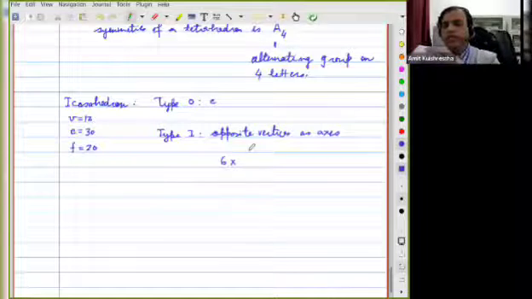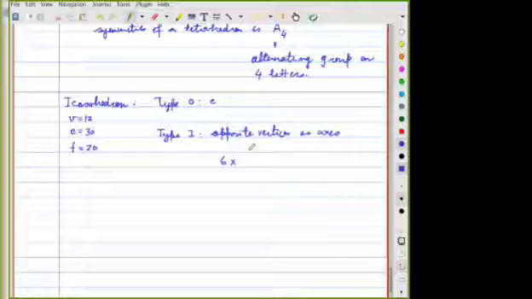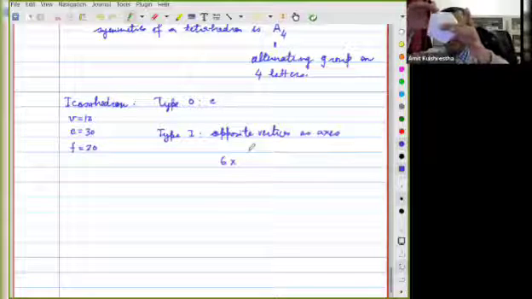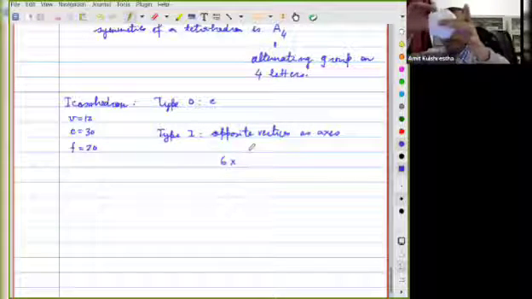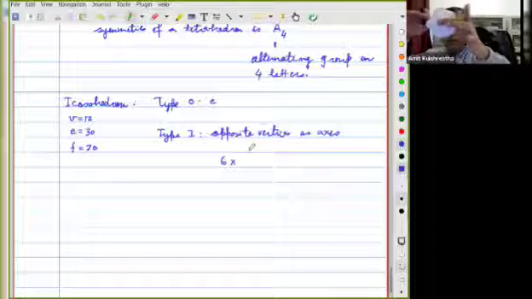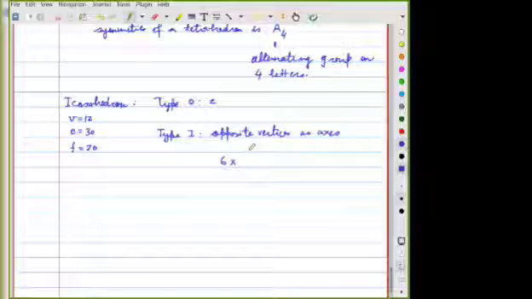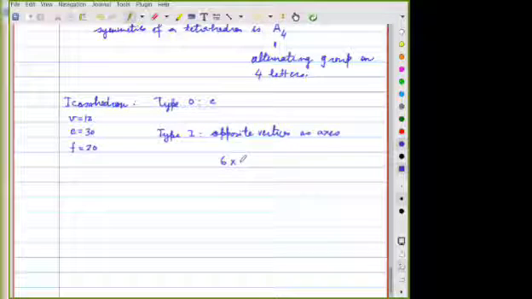See, this is a pentagon, right? So how many new rotations am I getting? So this is, suppose, identity, right? How many? 4. Yeah, we are getting 4, of course. So these are 24.